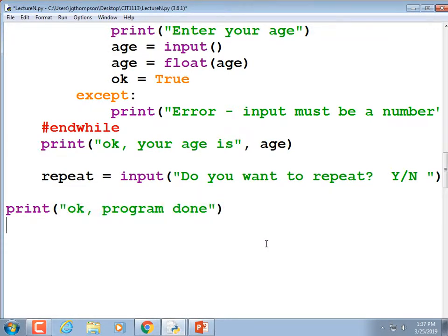That's how you make a program loop. Put a while statement up at the top. You ask them if they want to repeat down at the bottom. And it'll keep repeating as long as they keep typing Y, right? They can calculate several paychecks or whatever they're trying to do. Play the game again.